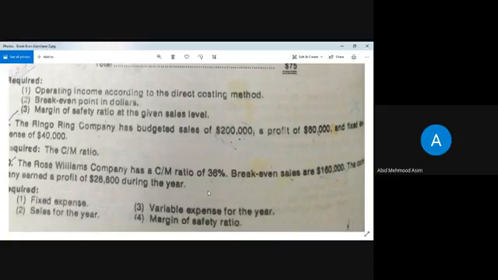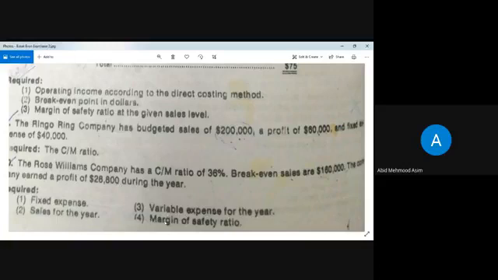You can directly multiply the value of sales you have calculated in the second requirement, 2,40,000, by 0.64. It would be 1,53,600. Or the other way, you apply 2,40,000 on 0.36, and the resultant answer would be deducted from the value of 2,40,000 sales. Then the answer would be the same, 1,53,600. So I think all of you understand the third requirement of variable expense for the year as well.